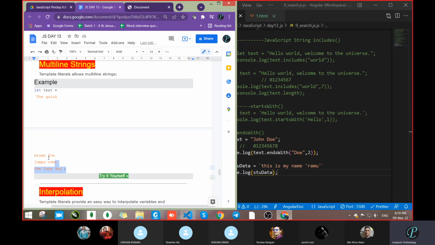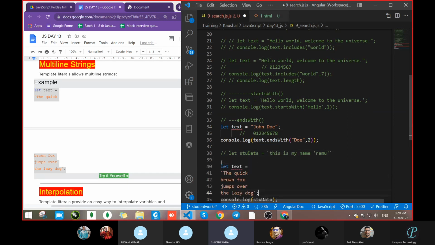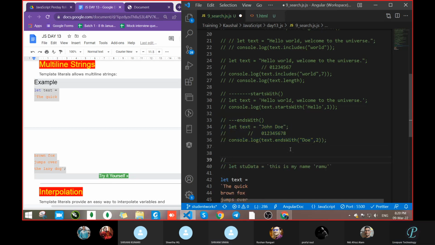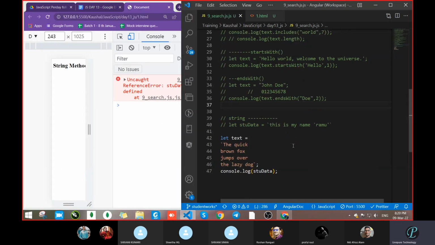Now if you want to make a line break, what do you think? Will we get data also in the second line, or will it be the same as it is? It will get data in the second line, like the same type, correct? Yes, let's see. String, a string. So where is the console? See what happened: student is not defined.